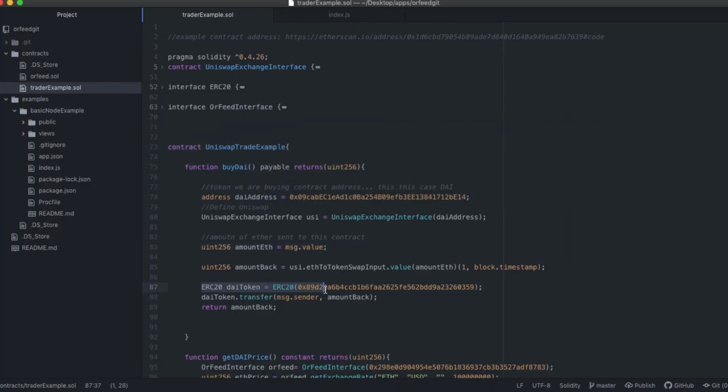And then what I do here is I create an instance of the DAI token called DAI token using the ERC20 library, which I have up here. And then I use that object, I call a method called transfer. And then I transfer it to another keyword, msg.sender, which is the person who sent the money. So msg.value is how much money was sent. This is an address type of who sent the message or the money. And I'm going to transfer to them the amount I got back. Okay, so I did the transfer.